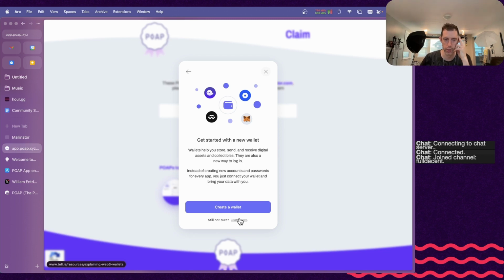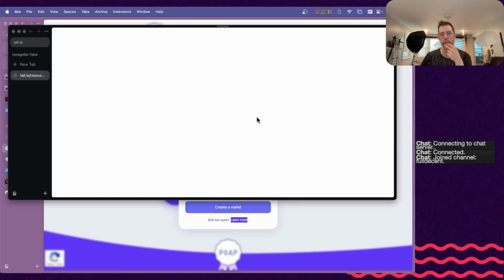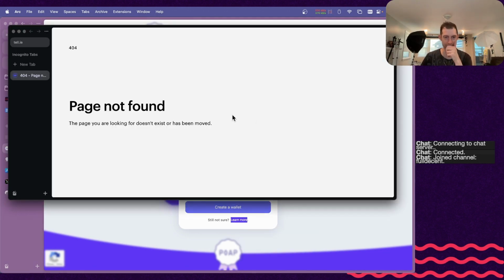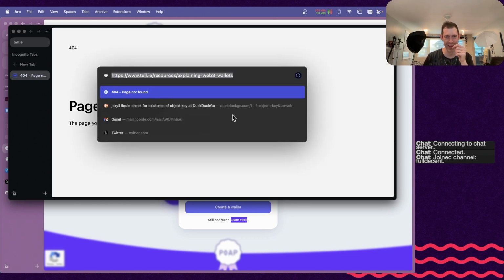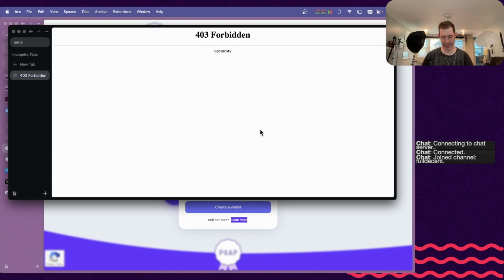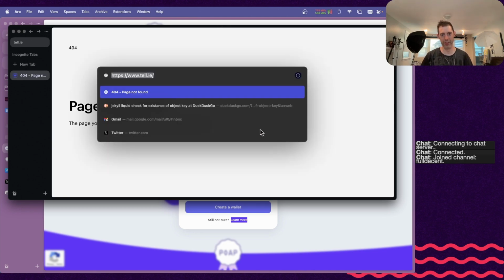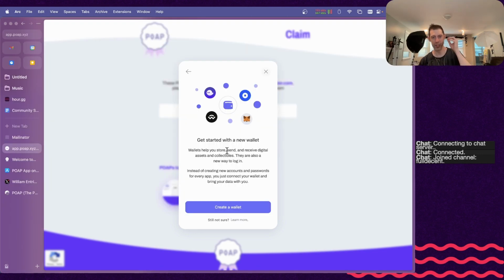Learn more. And that shouldn't even be a button. And it's not even a button. Awesome. It literally goes to a 404. There is no learning more. Sorry, tell.ie. The whole domain name is dead. No one ever clicked learn more before. We're so deep in the decision tree. You need a machete to cut down the forest to keep walking on this path.